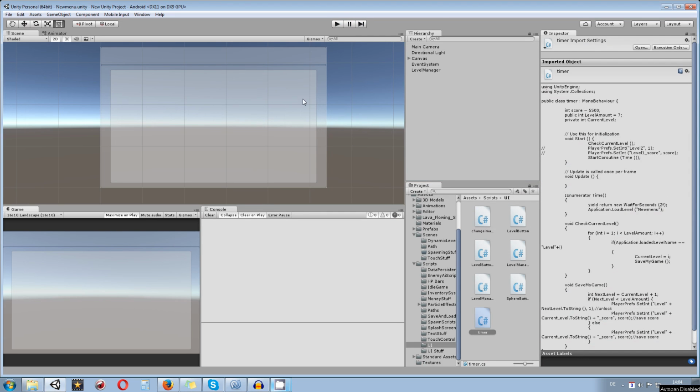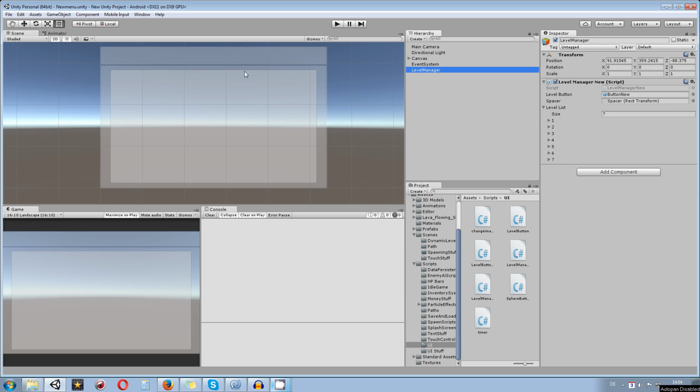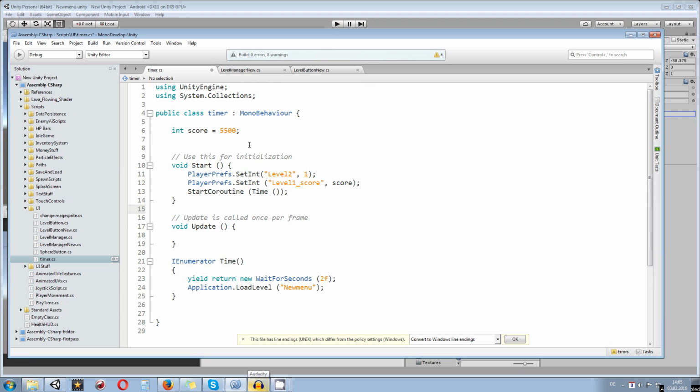So let's get started. At first, you may remember from that video that you are able in the level manager to select how many levels you want to create. In my case, I just have 7 levels prepared to be used. The deal with the timer script, which I'm going to open, is that in level 1 we just set the integer to unlock level 2 when we're entering this one, and also we set the score at start. The problem with that is it is basically not useful,